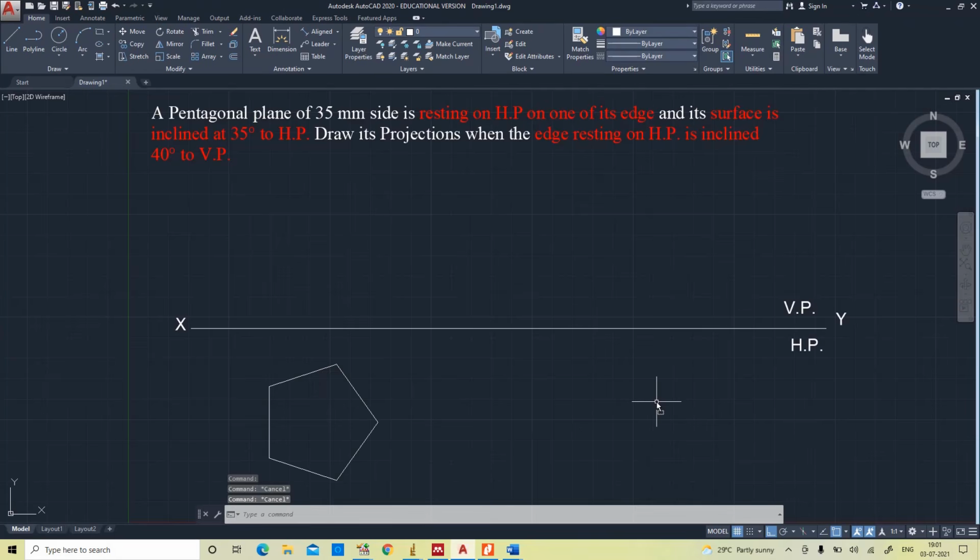Okay. I am giving the notations for the top view. A, B, C, D and then E. So this is the top view. Now we will draw the front view by projecting the vertices to reference line. Yes, this is the top view, a line. When you observe from front, it looks like a line.